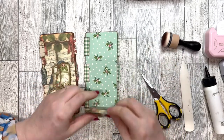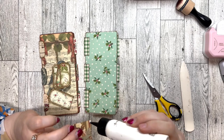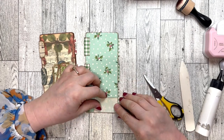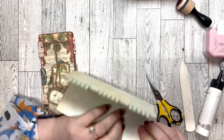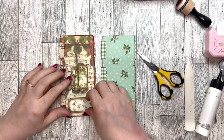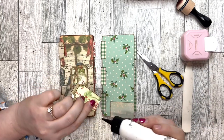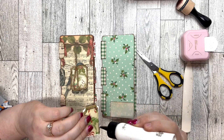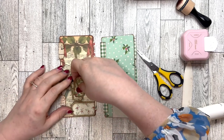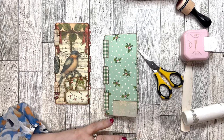So we're just going to glue this side on this edge and the bottom to make a little tuck, okay? And I should have rounded that corner. I'll just chop it off with my scissors here. Okay, so that's that little tuck, and I'll make a little curve around this corner before I glue it. So we're going to glue the side and the bottom attached to the front cover at the bottom right corner. I'm going to slide those little tickets in there, and I just cut